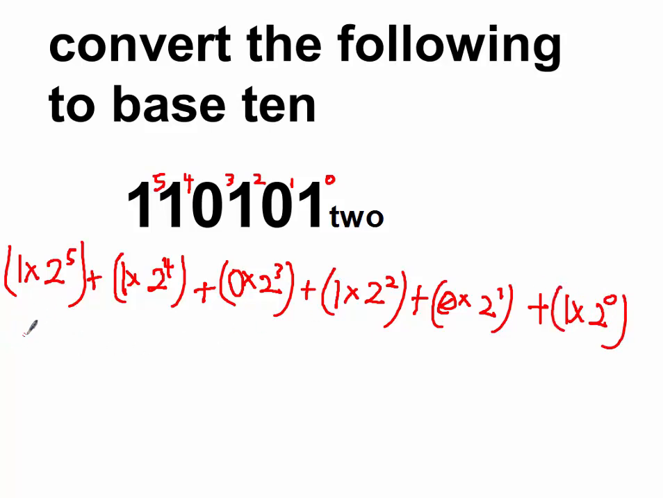Good. So this is giving me 1 times 2 to the power 5 is 32. 2 times 2 is 4. 4 times 2 is 8. 8 times 2 is giving us 16. 16 times 2 is 32. So 32